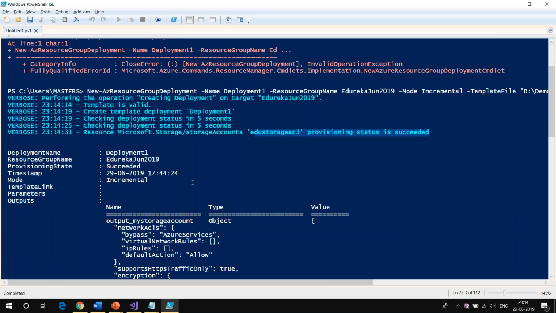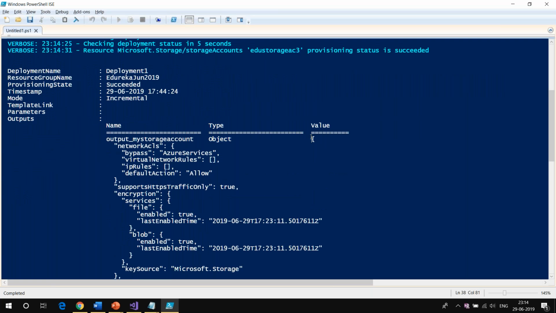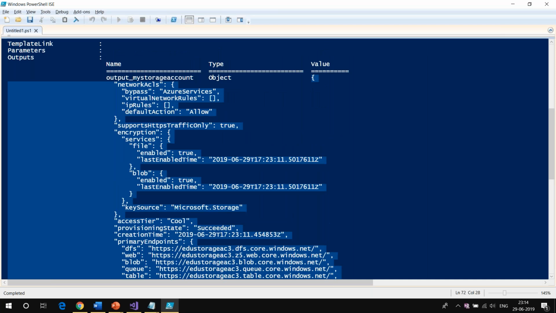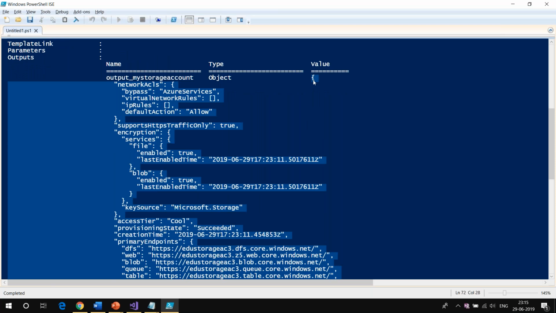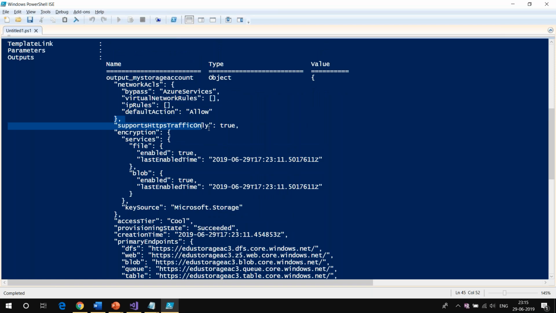Now it looked into the output section. It picked up that there is a variable named output_my_storage_account. The type is object. And what is the JSON template for that object? It picked up the complete JSON template of my storage account. Remember, some of the things are optional. That is why when we were creating the storage account, we did not have to provide all the information. But after creation, it picked up the complete information of my storage account, like it supports HTTPS traffic,